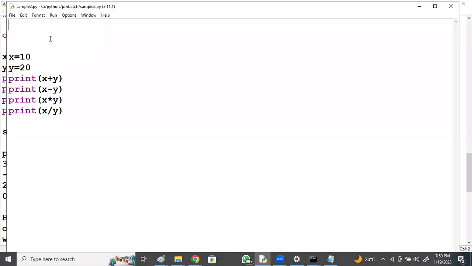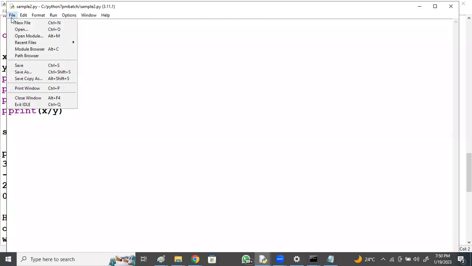So understood, you can write your code here itself and run it here itself, as opposed to previously writing in Notepad, saving it, and again entering the entire path and submitting to Python. All this, you can just open this, write here itself, and execute here. Can we save this file and run again? Yes, you can save it. Save as.